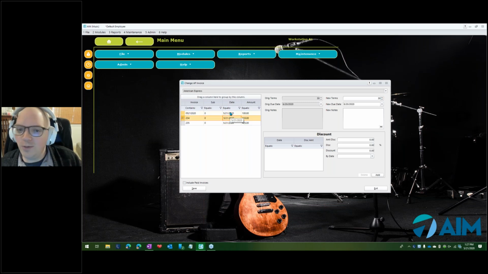And technically, if we wanted to, we could do that across the board for all open invoices as well, so that we could basically see when these amounts are considered due as far as American Express is concerned. So that is what I feel is the best of both worlds. You're not having to do all of this legwork with the payments, even though that does give us the crispest control of where the money is at any given time as far as the books are concerned. It also gives us the benefit of now, when we're looking at the vendor history,